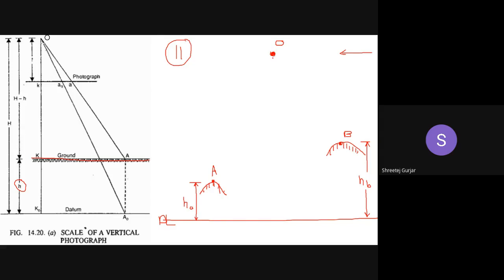Okay, I will draw a plumb line, a straight vertical line downward. No problem, this is done. Then here is the photo that you have taken, this is the entire photo. I will join this O B. I will join this O A. You join them in a straight line; consider this as a straight line. Then this particular point where it is intersecting is small a. Similarly, this is small b.